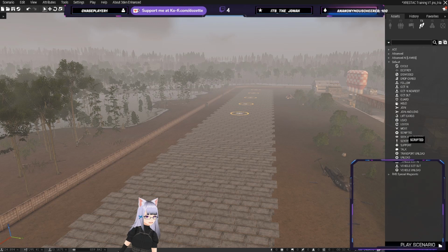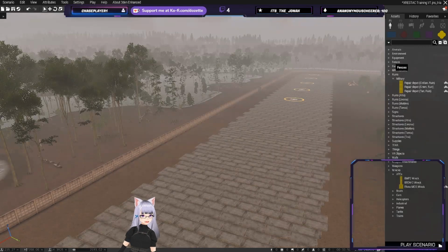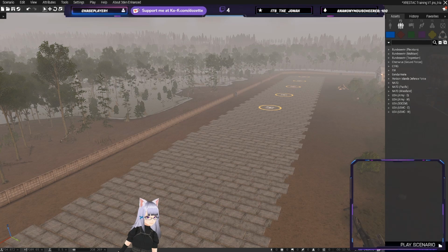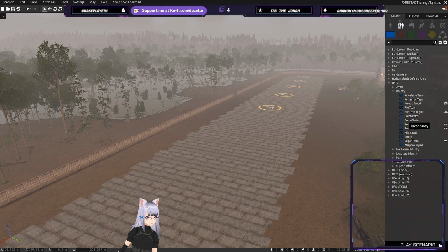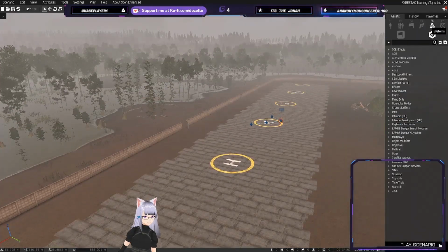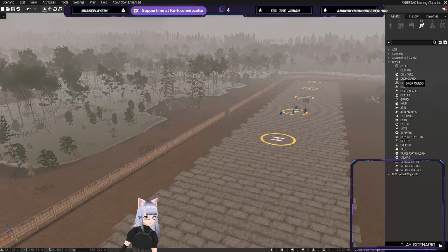Waypoints are for when you want AI to do something when your mission starts, like a patrol of units, or some guards of the base. Let's just build a quick example. Let's say I want a Recon Patrol to go down this runway at the start of the mission. So I'll select that unit. I'll give it a move order